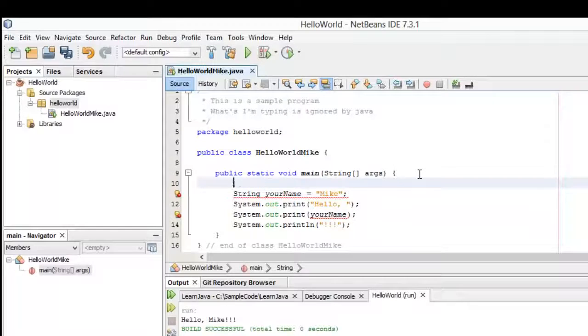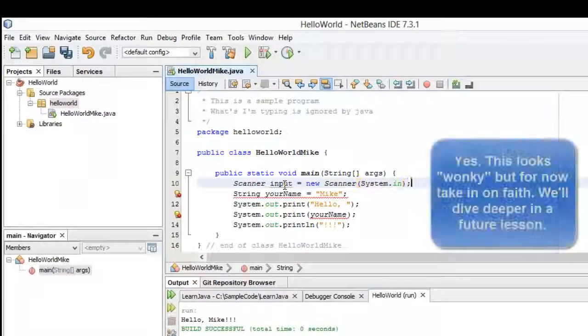So what we're going to do is leverage an existing package that's out there in the Java libraries. I'm going to type in Scanner, which is a type, and give it a variable called input. This type of class needs to be declared, so I'm going to say input equals new Scanner, and to make a Scanner, you need to pass in System.in, because I want to grab the input